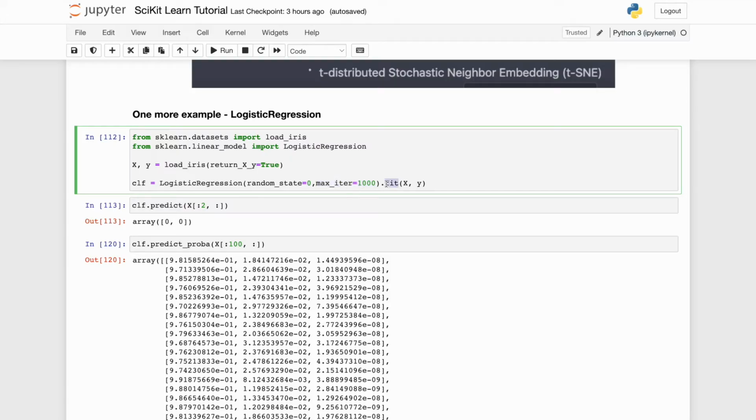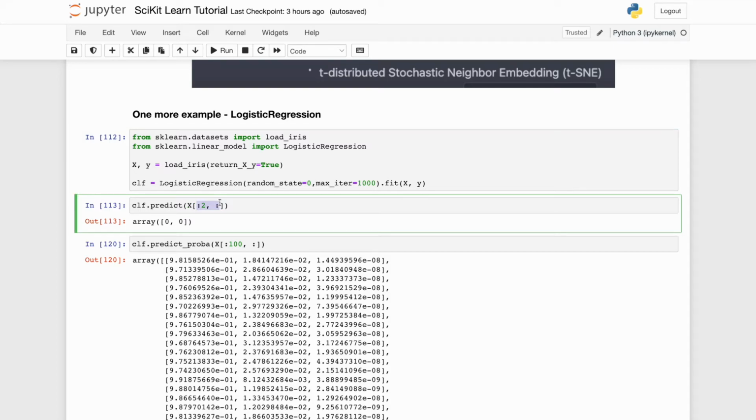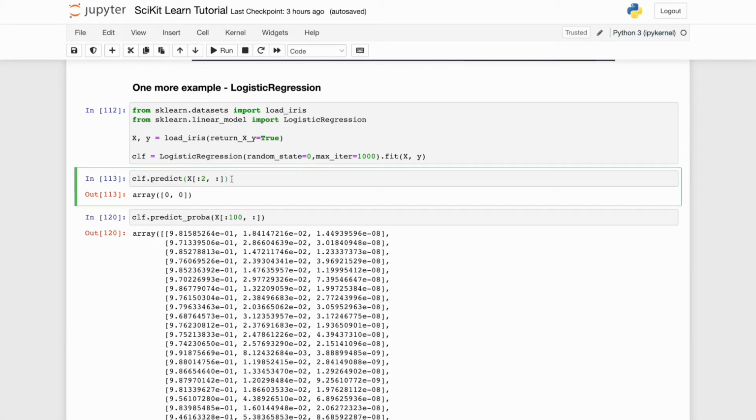And then what I will do is a dot fit. You can do it separately also. You can club it together with dot fit dot xy. Okay, when we did this, let's do a prediction. So clf was our object, clf dot predict, and what I am going to predict over here is my x variable. Okay, and if you see this notation over here, the 0th and first row and all the columns I'm passing, and I'm trying to do a prediction for that. Okay, just 0th and first row, so the first two observations. Okay, and the class probability,